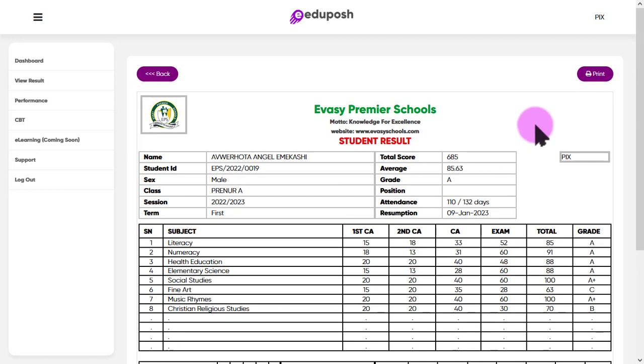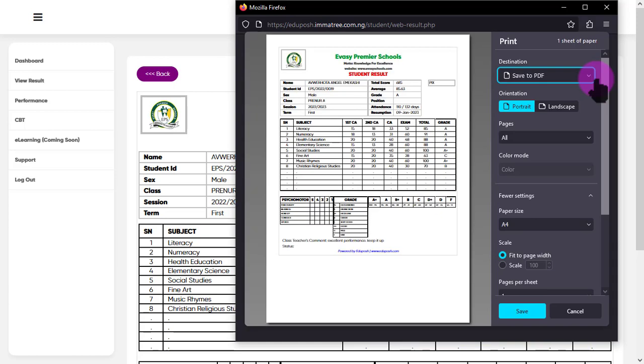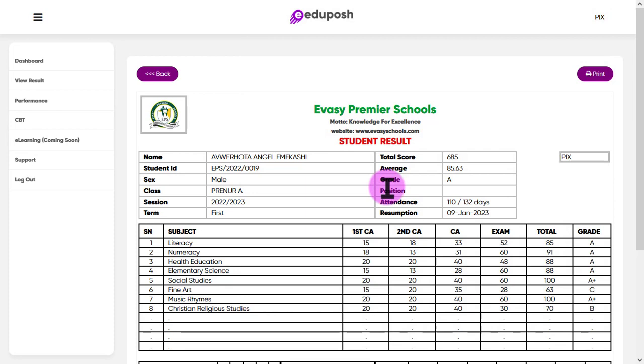You can decide to just print this result. Very easy like this. You can just print this result and you have a copy, or you can choose to just ignore it, because it's always here. Another thing you can do on the student portal is you can